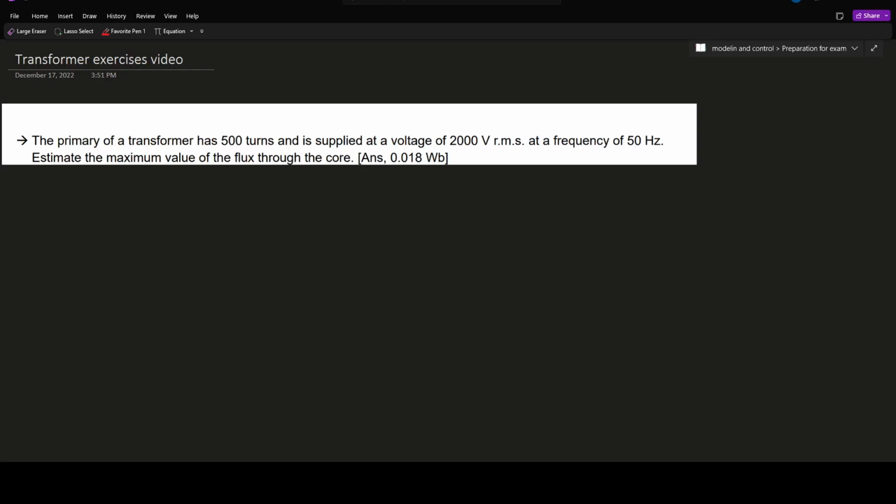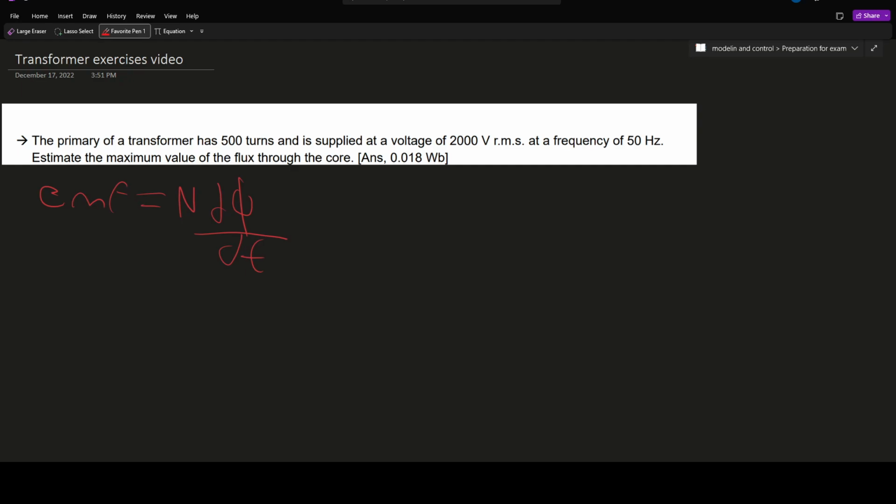Okay, now we are gonna work on exercises of transformers. So for this first one, I'm just first gonna write everything we know so far. For example, EMF is equal to the number of turns multiplied by the rate of change of the